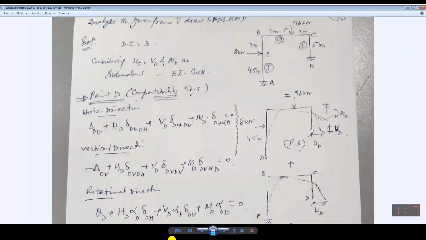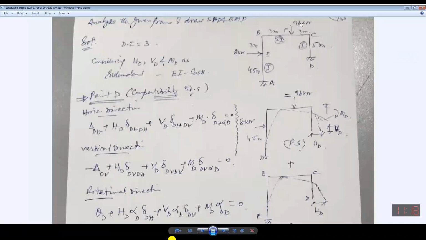There will be horizontal displacement due to the moment. All these will be summed up, and the summation must be 0 because it is fixed. It is not moving in the horizontal direction. So all sorts of displacement in the horizontal direction due to any force must sum to 0. Similarly, the vertical displacement, total displacement should be 0, whether those vertical displacements are due to 96 and 48,